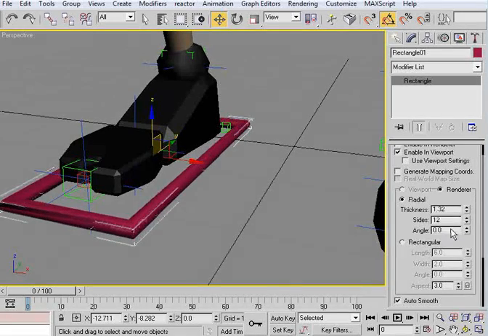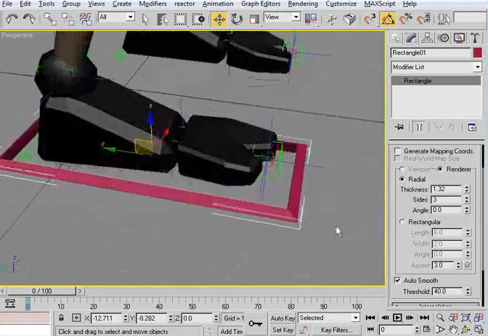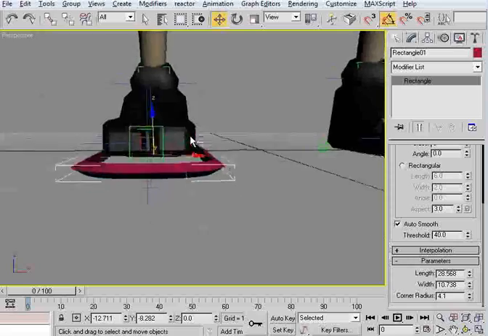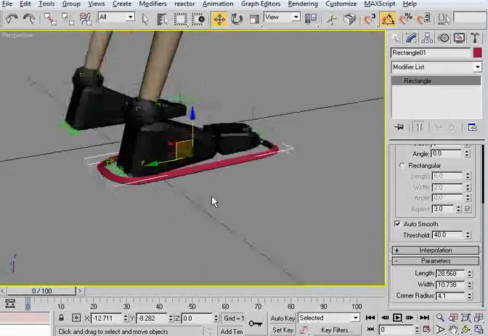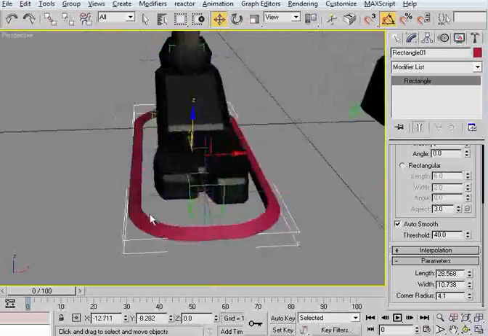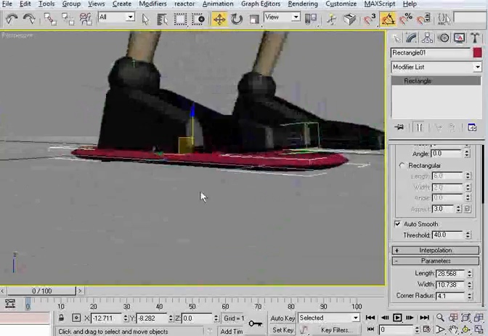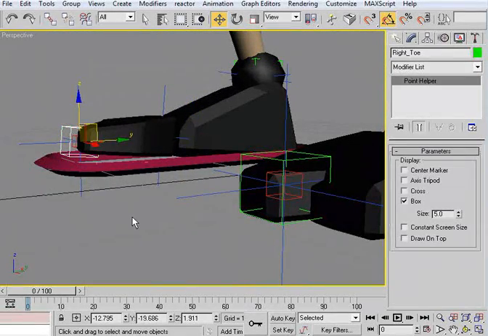Make this guy a little thicker. I'll bring the sides down to 3. Maybe corner it a little bit. Now what I want to have for the way I want this foot control to work is, and it looks like this guy,